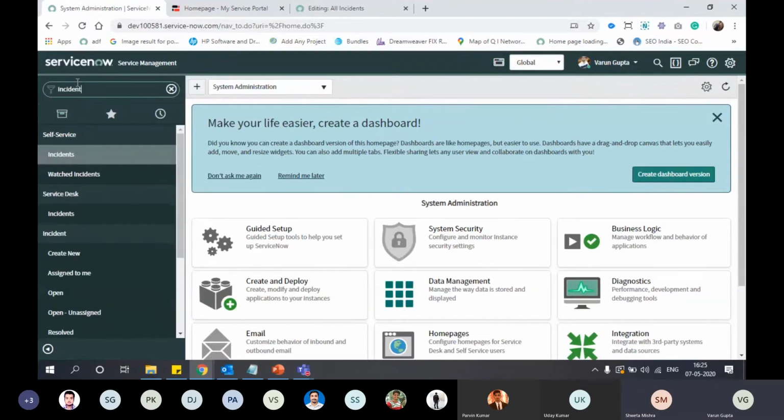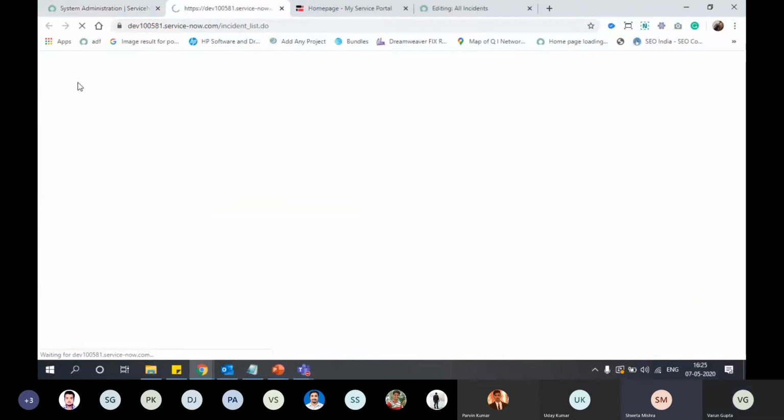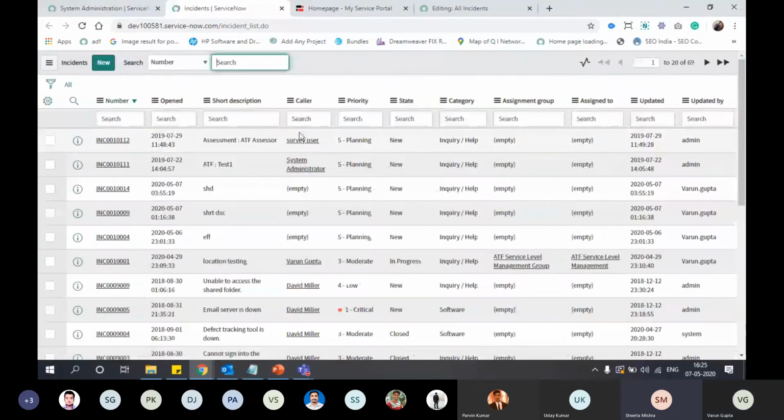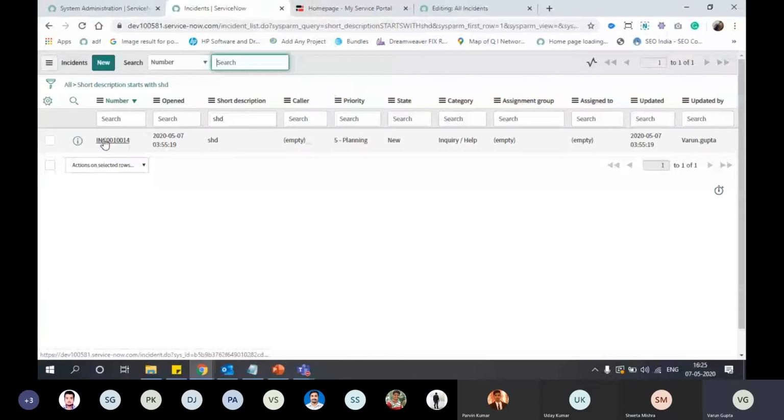Varun, yes. Where to use C, where to use C.data, where to use input, I'm a little confused. Input I can see you have used in server script only, but in client script you have used C and C.data. I will explain. So here our incident is created with the short description and description.